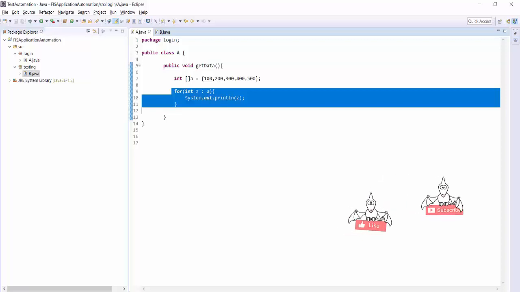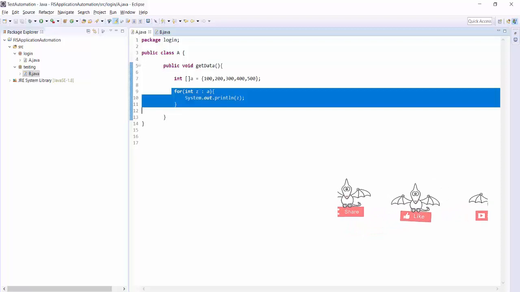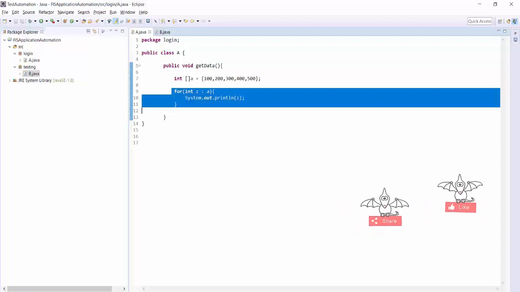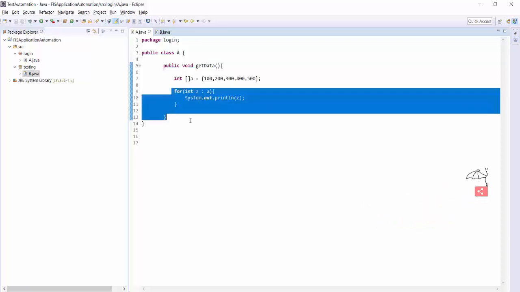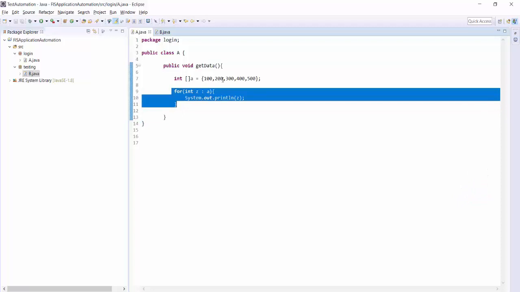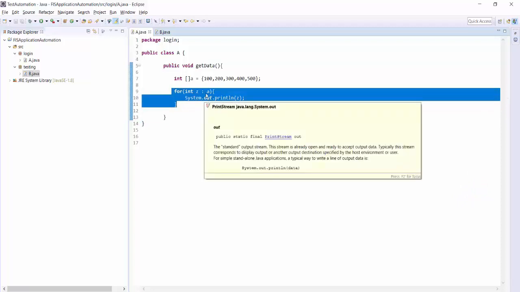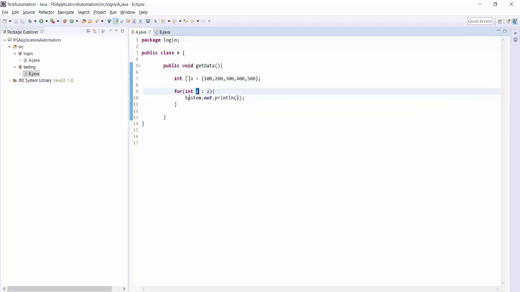Okay, I change my question. I have an array and I want to fetch all the values of the array. In that case, you can go for the for each loop, because here we are not controlling it. It will execute for all values that we have in the array. Every time a value will come and be stored in this variable, and now we can use it. So that is the for each loop.